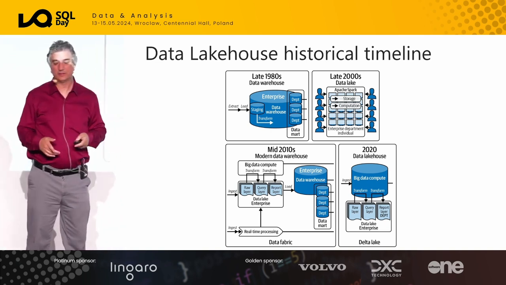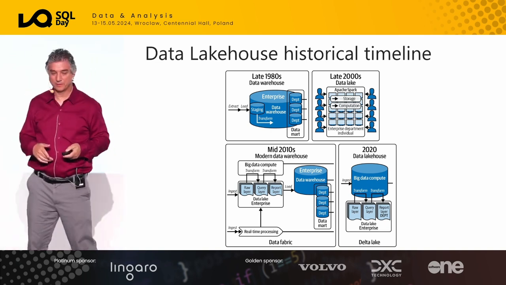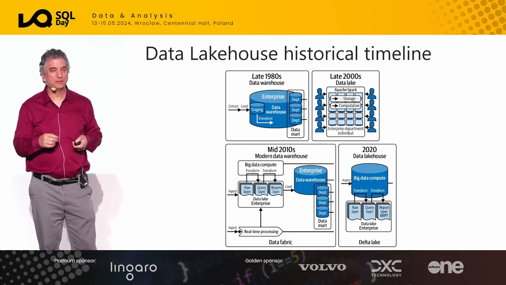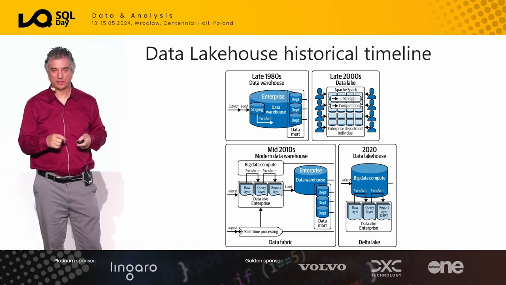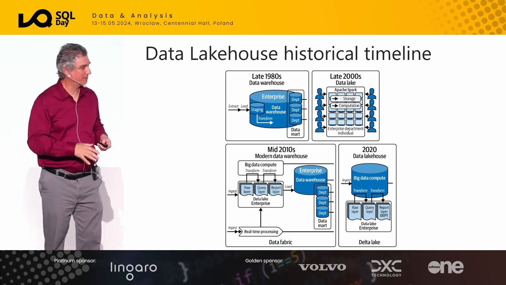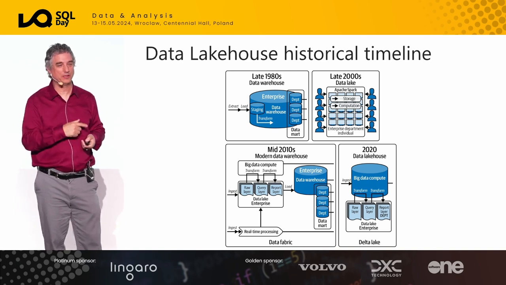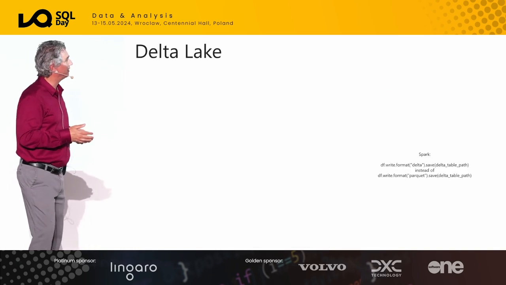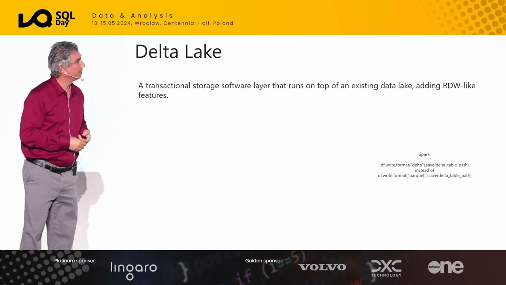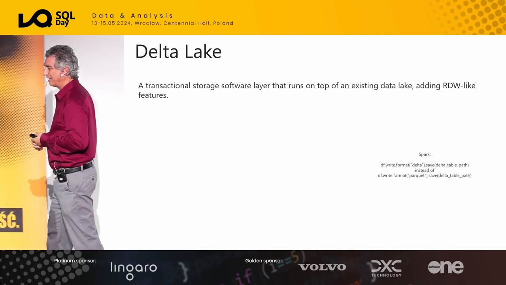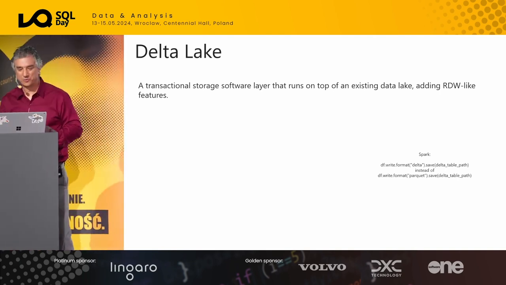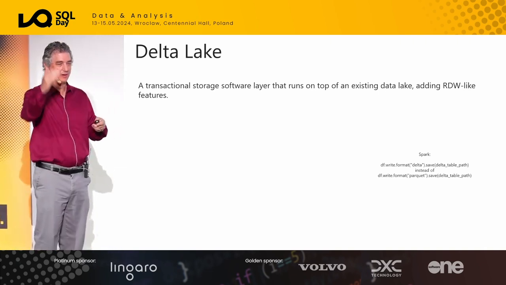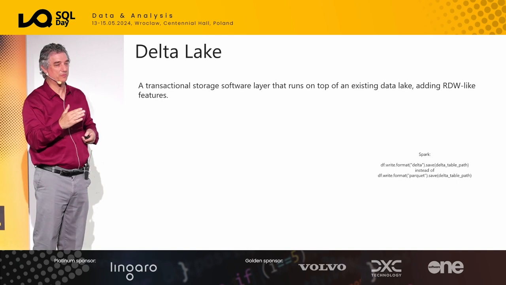That was technology that when it first came out, I said, maybe you can get away without having a relational data warehouse. I had touted and blogged that you'd always need a relational data warehouse, but then when I saw Delta Lake, it started changing my mind. The reason was Delta Lake has a lot of additional features to make the data lake relational data warehouse-like. It's not its own storage, it's just a software layer on top of a data lake to give it some really cool features.